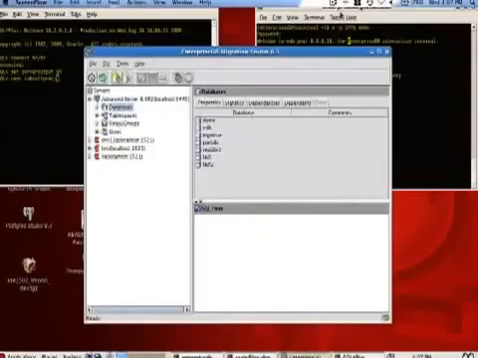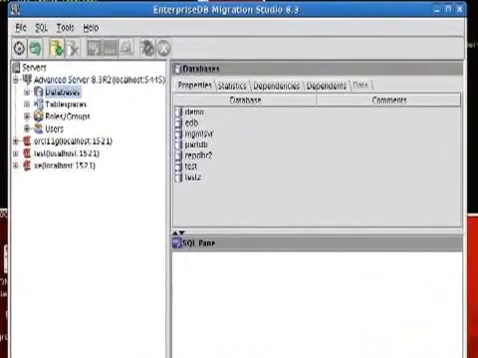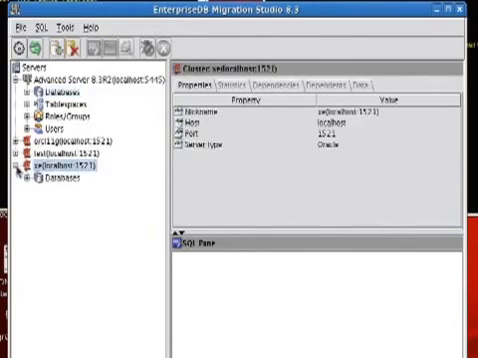So let's get started. In order to migrate an Oracle database over to Postgres Plus Advanced Server, you'll be using one of two tools from EnterpriseDB. Either the GUI version of the Migration Studio, which I'll be using today, or there is a command line version of the tool which has the same functionality, so it's really just a matter of personal preference which one you use. Today, I'm going to be migrating a schema that exists in the Oracle Express Edition database,